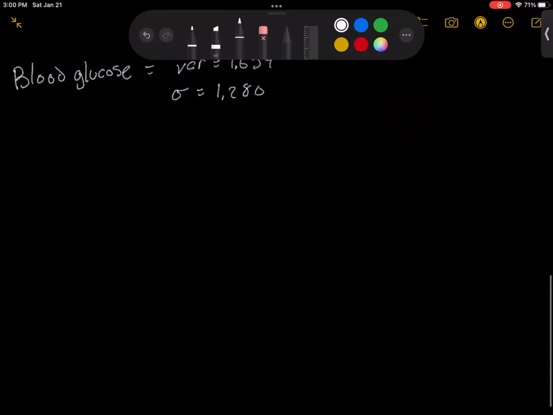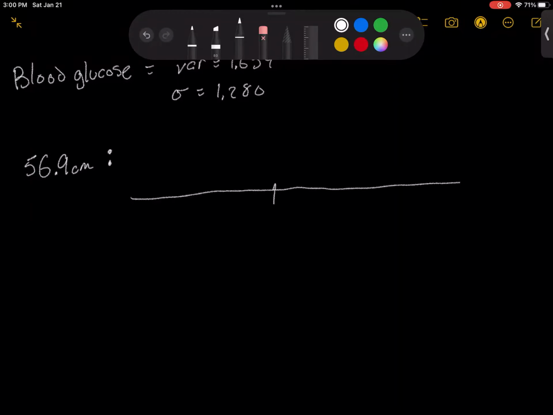So let's think about the person that measured a height of 56.9. Our average height, right, the center of our height data, so to speak, was 68.475. So 56.9 is somewhere over here, right? It's smaller than our average. The question is, how far away is it? The rule of thumb is 2 standard deviations. So if I take 68.475 and I move 2 standard deviations away,